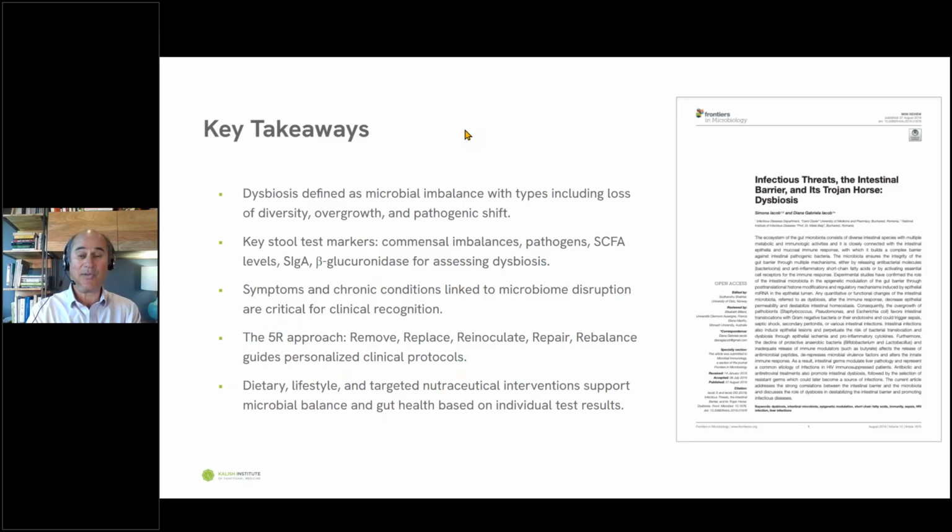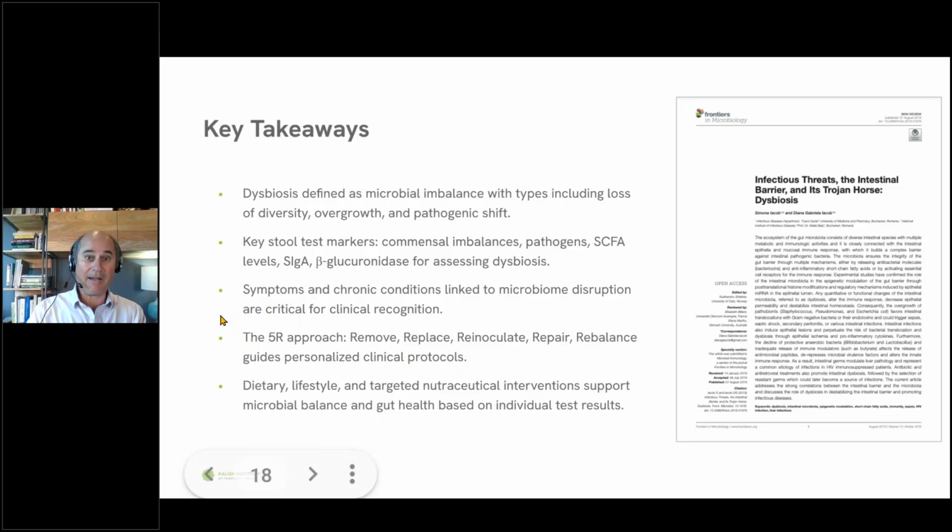Stool test markers, we're going to look at in a moment. You're looking for pathogens, short chain fatty acid levels, SIgA, which I talked a lot about, and beta-glucuronidase, which we'll look at. There's dozens of ways you can assess dysbiosis. All of the lab companies have summaries for us. So if you don't want to look at 84 markers and figure out if the person has dysbiosis or not, there's going to be a summary page that will say dysbiosis, yes or no. You don't have to be a microbiology PhD to figure this out. You just need to be able to look at the graph and go, oh, okay, they have dysbiosis, because somebody used a computer algorithm to summarize all this for us.